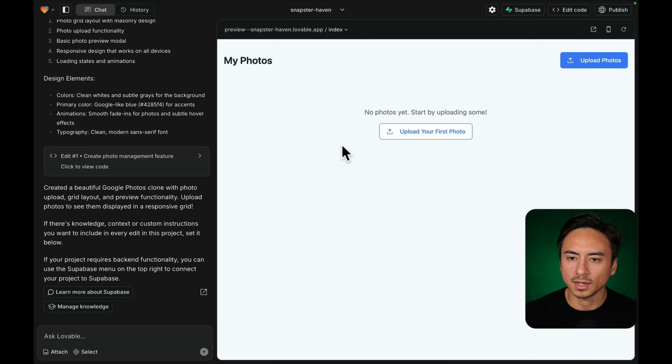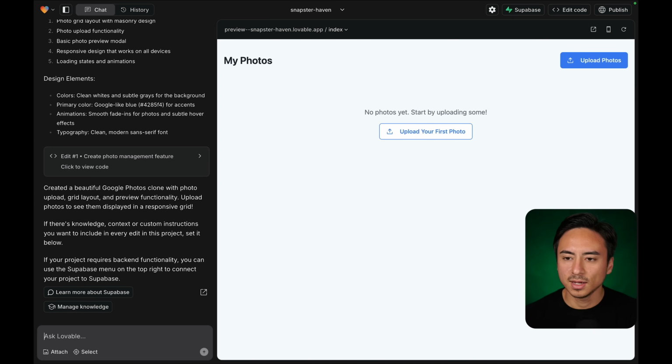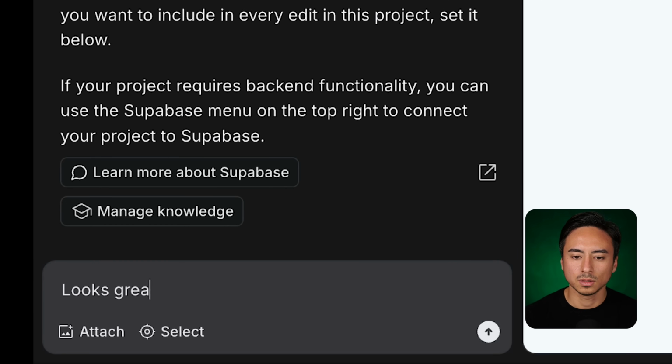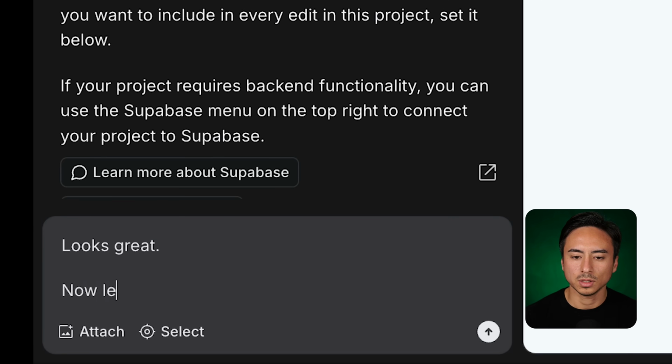But before that, I guess one thing we can do is we can maybe create a different page where users can choose different tiers. And for now, obviously, it's not going to be connected to any payment processing. So it's just going to be a static page where users can just say, okay, I'm a pro member or I'm a free member, and then we can tweak the app depending on that. So let's say something like looks great. Now let's